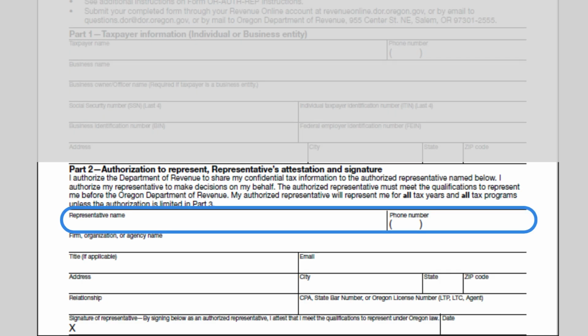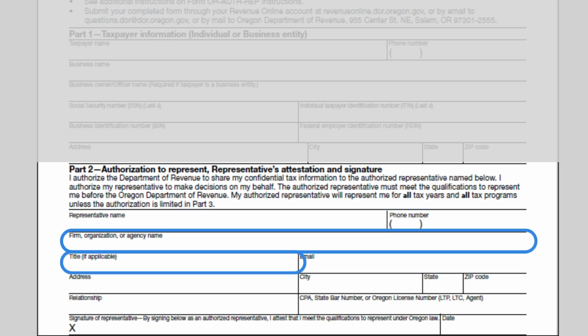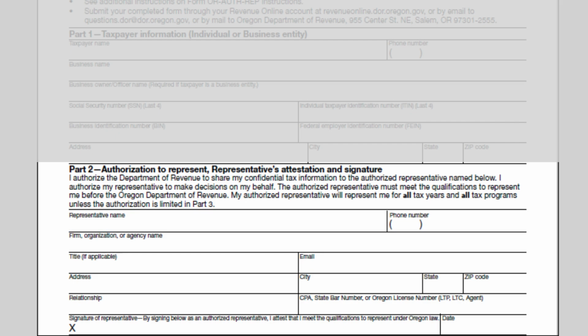Here's Part 2. List your authorized representative and their phone number. If they're part of a firm, organization, or agency, include their business name and title. Enter their email and address. Next, you'll enter their relationship to you. Remember, an authorized representative must meet the qualifications to represent you before the Oregon Department of Revenue. The representative's CPA, state bar number, or Oregon license number must go in the box if that's how they qualify. Below, the representative must sign and date, and when they do so, they're attesting that they meet the qualifications to